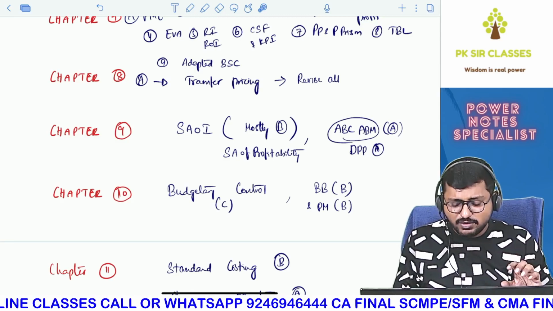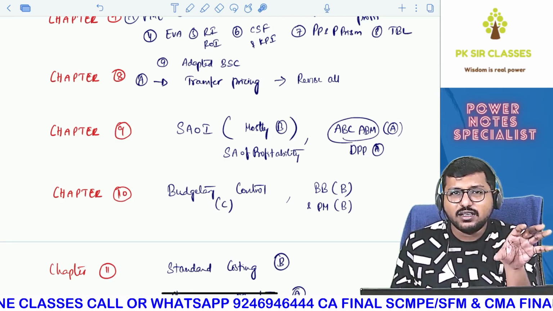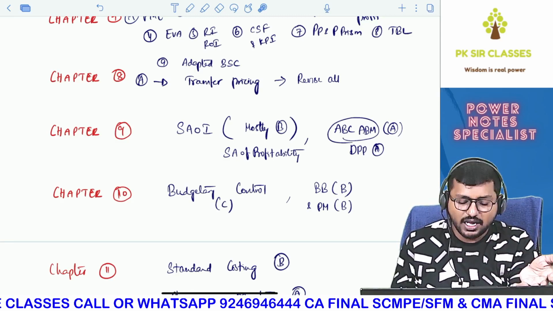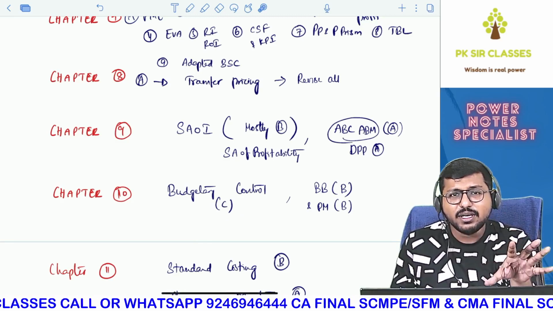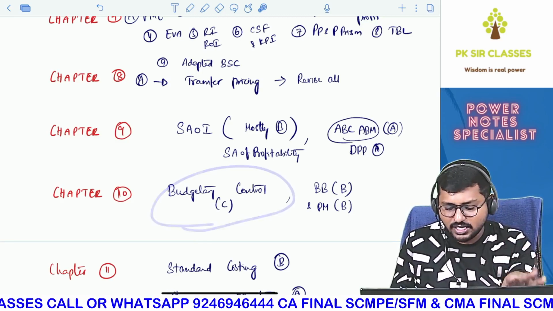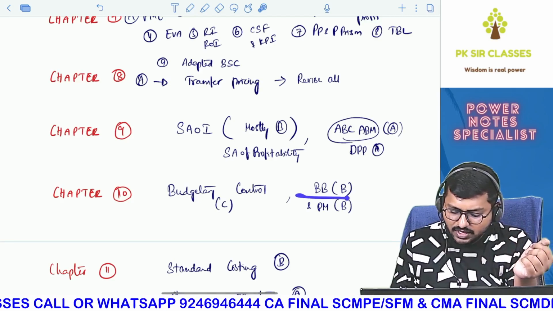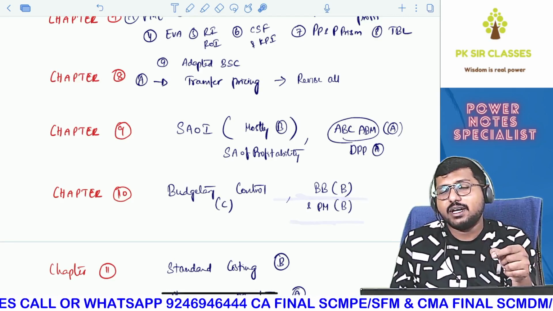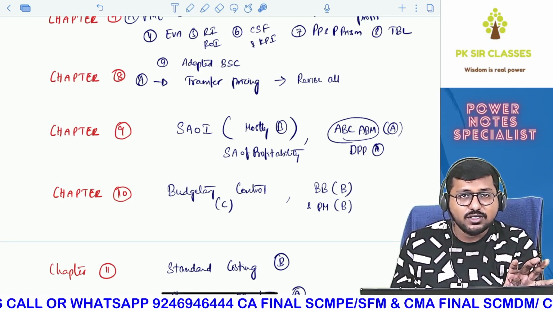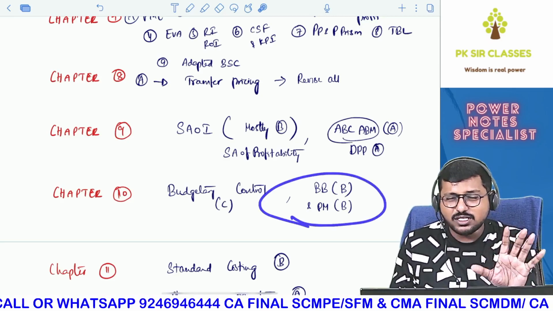Always it is C category, most of the times, but sometimes it went to B category in case we are expecting that a question can be asked. But this time I feel that it's a pretty dull chapter, so therefore we have put it under C category. However, beyond budgeting and performance measurement, you should give it due importance. A question can come, so therefore just give it due importance.